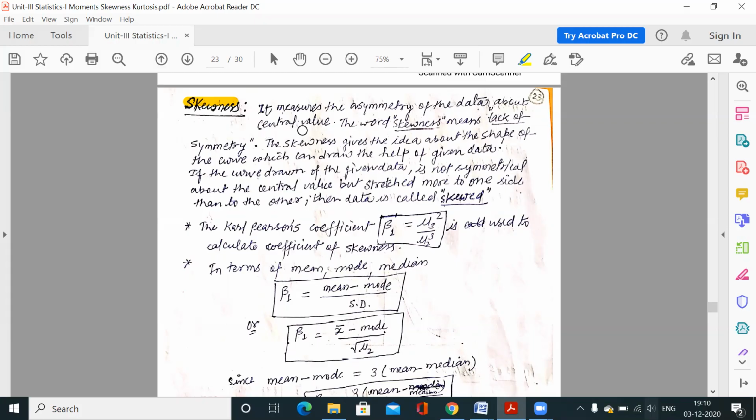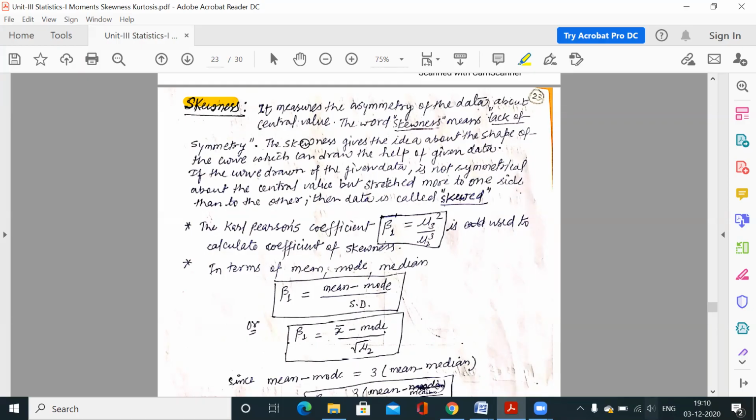And next, measure of dispersion. Suppose we have calculated the central value. Now we check whether the data points are closer to the central value or far from it. So we measure the difference between the data points and the central value. If this difference is higher, then we say the dispersion is higher, or the data is more scattered. So if the data points are far from the central value, the measure of dispersion would be higher, otherwise it would be a lesser value.